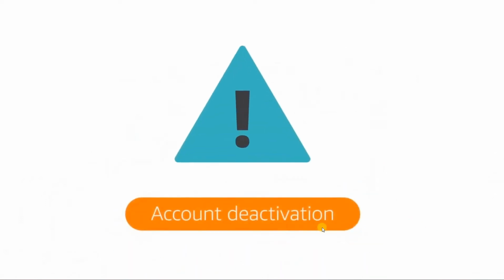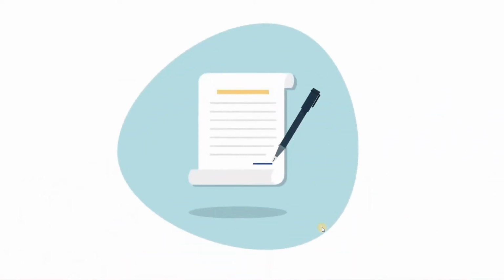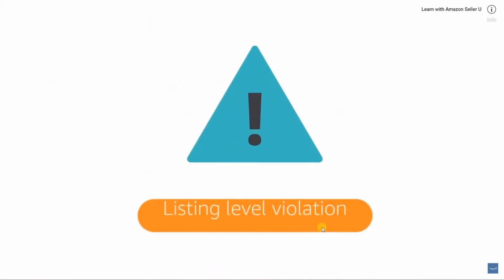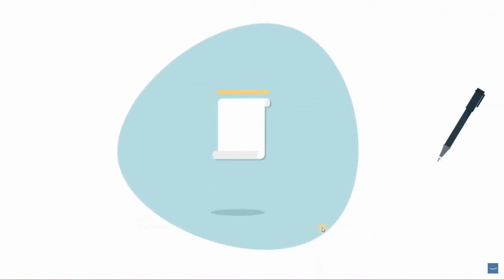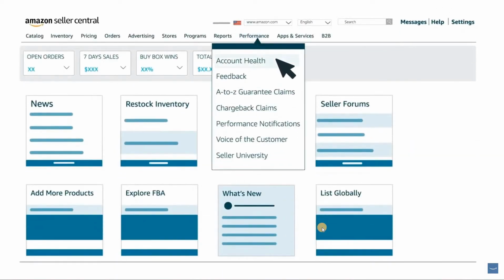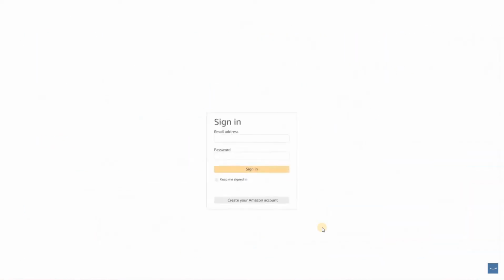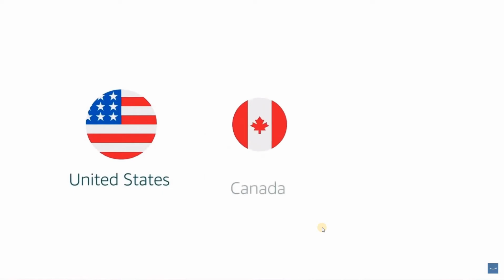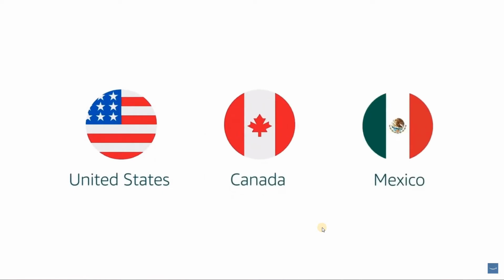For an account deactivation, submit an appeal by locating the specific notification in the Performance Notifications section. For listing level violations, submit an appeal in Account Health under the Performance tab. Please make sure to log into the marketplace, for example US or Canada or Mexico, where the deactivation or violation occurred